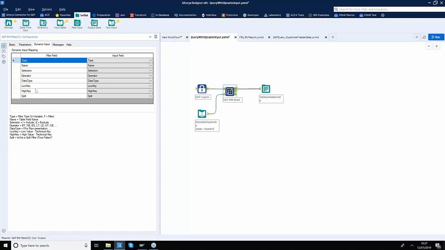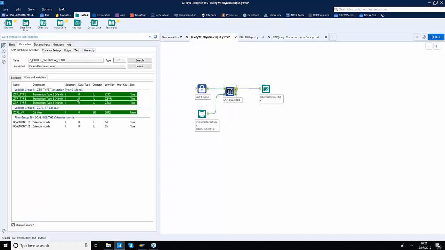So the connector only understands these fields, so you bring them from whatever source you like, from an Excel file, from a tab or a text file. We do not care as long as you can bring these fields. At runtime we will then replace the values that we find here, like for like values. So now we have the transaction type, calendar year and calendar month coming from this Excel file, and we'll take that filter criteria at runtime.